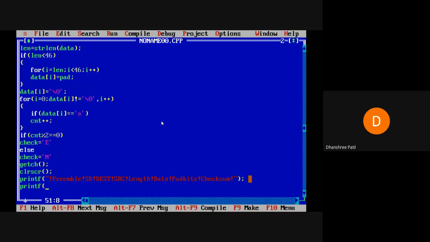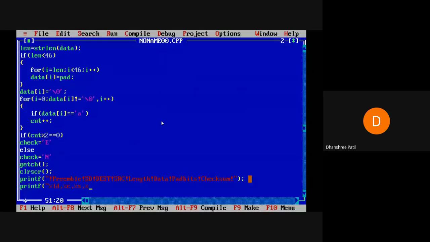Now what we have to do: percentage ld first, then percentage c, then percentage s, and so on.